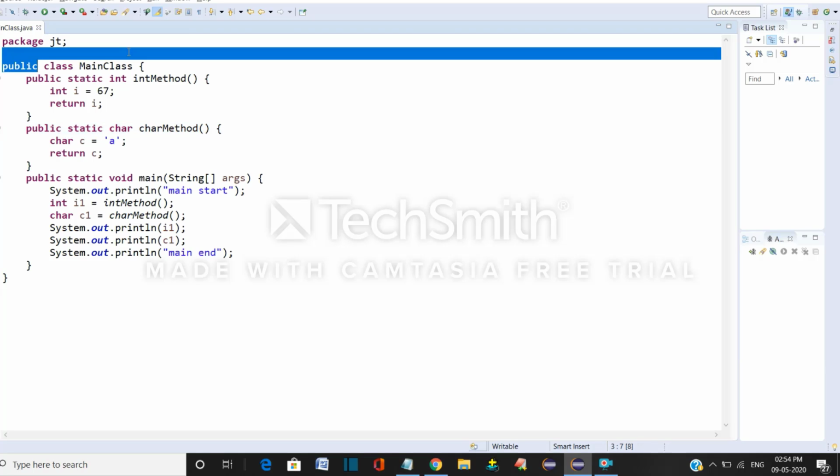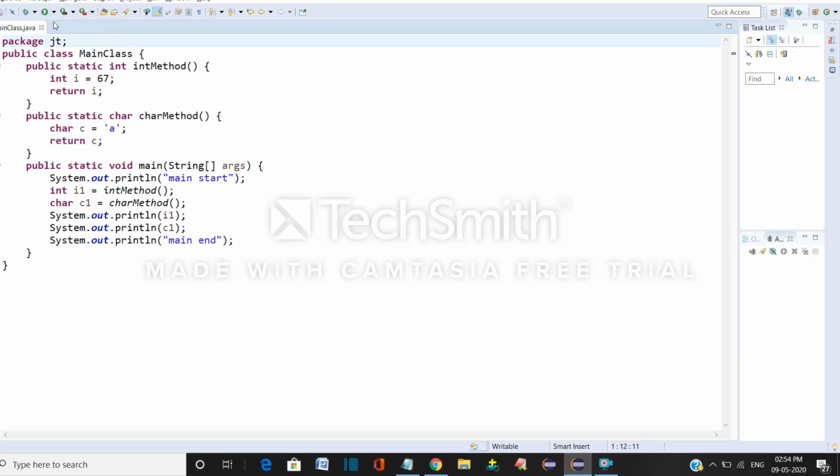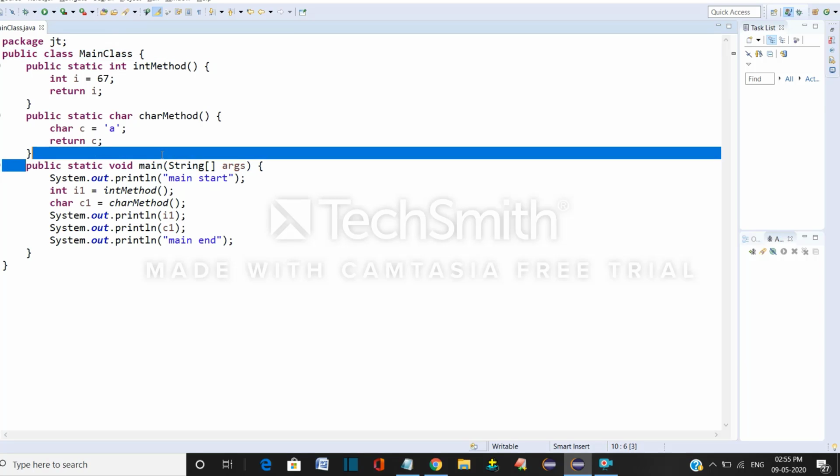First, whenever you click this run button inside your laptop, the JVM will look for the main class. I'm just giving an example. Many things will happen inside the JVM, inside the laptop, but I'm just giving you clarity. Forget what happens inside, just focus on what I'm saying. After you click on this run button, the JVM will check for the main class.